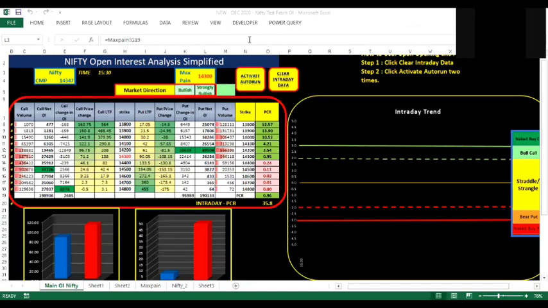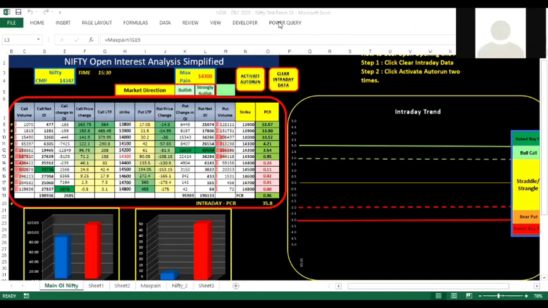I will try and figure it out with the help of my friends, whether two different time intervals can be used for pulling the data and making the graph. I'm not too sure whether it would be technically possible. I am actually not an expert in Excel, but I have done this work with the help of some of my friends, including Ravi. So I take note of it. We will try and see if we can implement that.